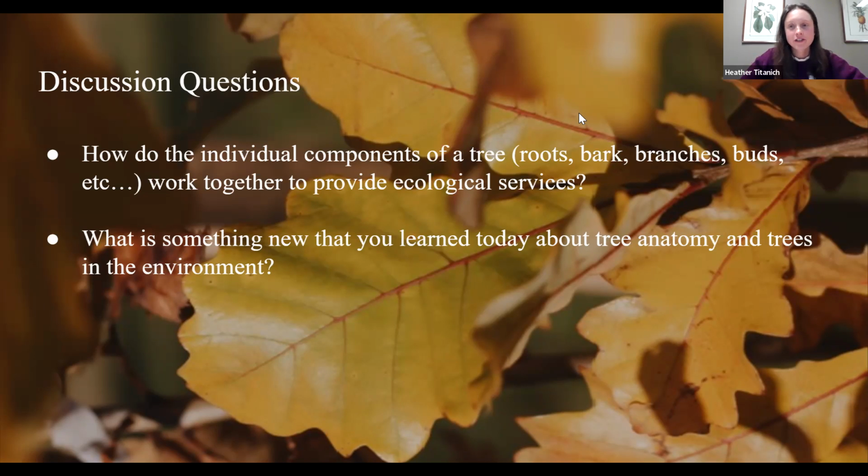So we have our Branches to Chances Return to Work program going on right now, and we're going to be doing a tree planting at Mount Zion, which is a historic Black cemetery just outside of Wilmington in New Castle County. And we'll be doing a planting there with the Branches to Chances participants more as kind of a hands-on, on-site training. We are also going to be having a